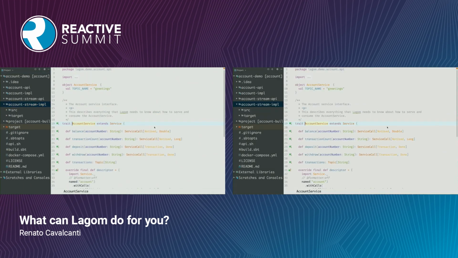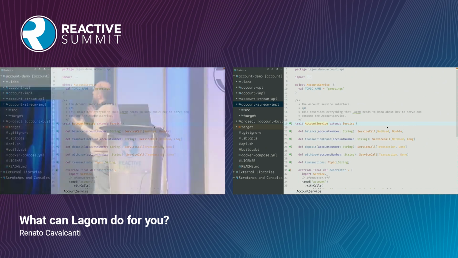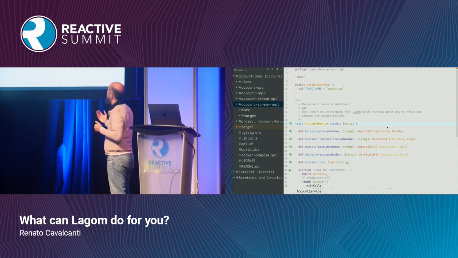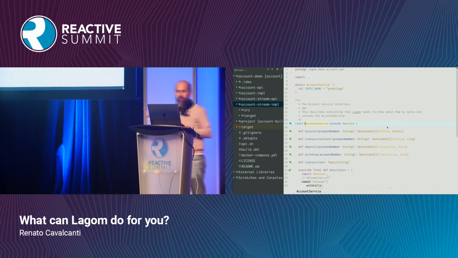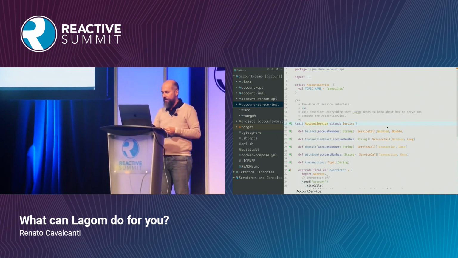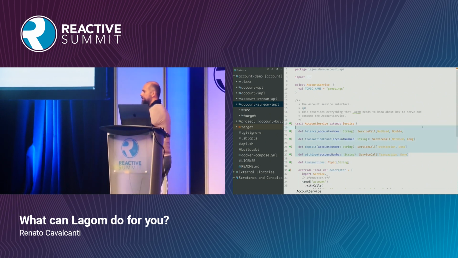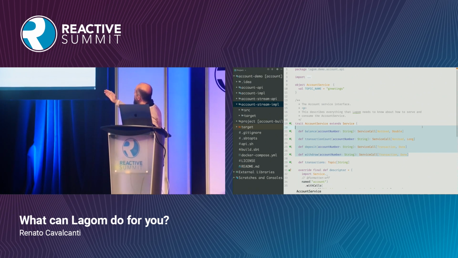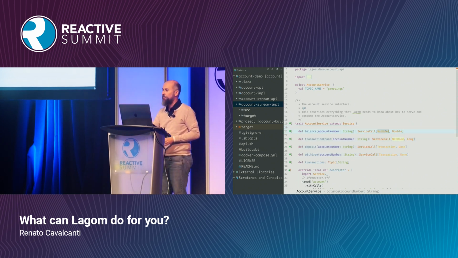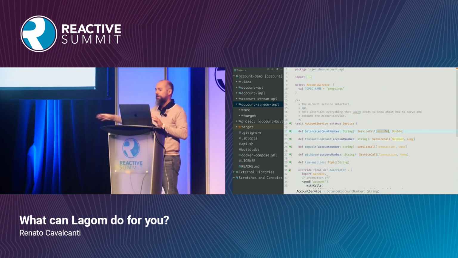Okay, I'll show a little bit the service descriptor API. So that's my service in Lagom, okay? It's a trait in which I define the service calls that I have. What I didn't show before, because it was not there, is on that new commit, I have this topic here. And what's the topic? Those are just RPC calls that I can call directly from one service to the other. For the balance, for instance, I have an account number that I have to pass, and here is the input type. Not used means I am not sending any payload,